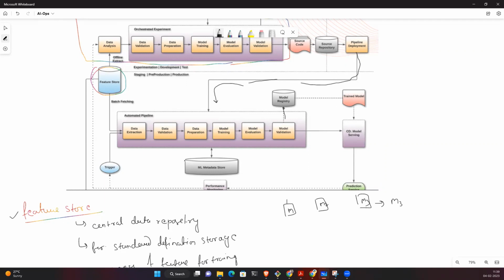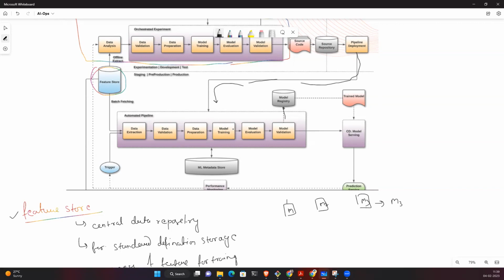And here is another term which is called ML metadata. What do you mean by ML metadata? Metadata stands for something like we are going to store all the information about what happened at the different stages. If you have ever seen Hive or SQL, in SQL also people used to store the metadata. Every time a developer changed the schema,